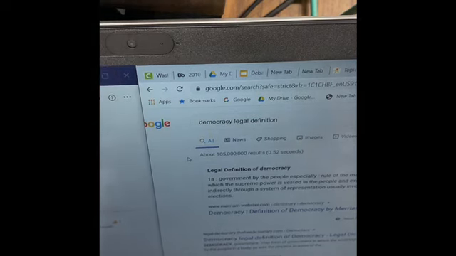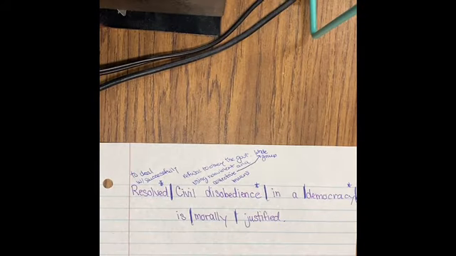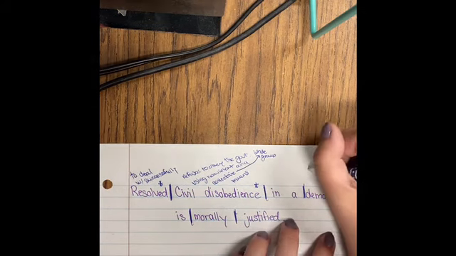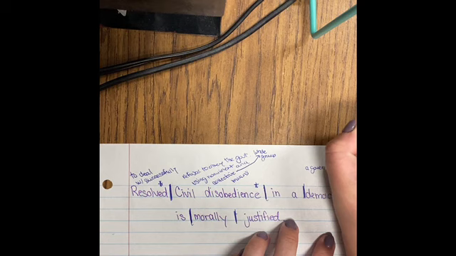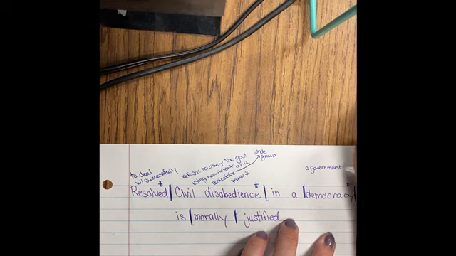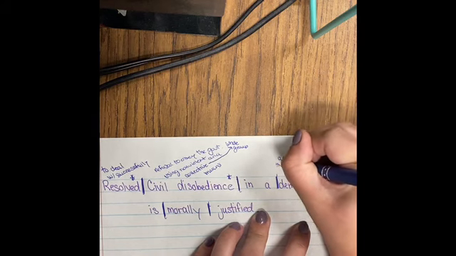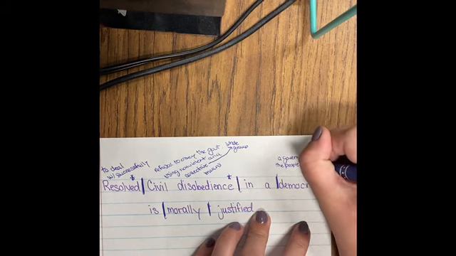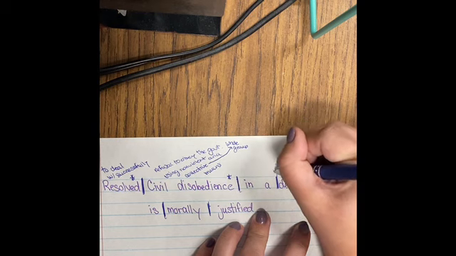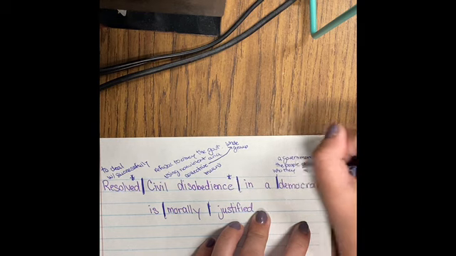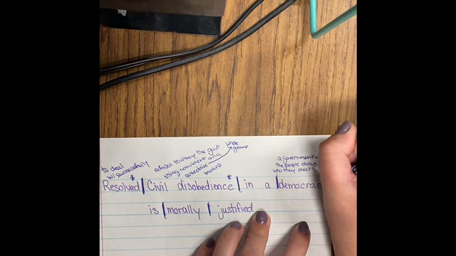So we're going to combine all of that. You can't even see it because it's so large of a definition. So I'm going to combine all of that stuff. And so we are going to say a government where, can you see my whole thing? Nope. Where the people choose who they elect in free